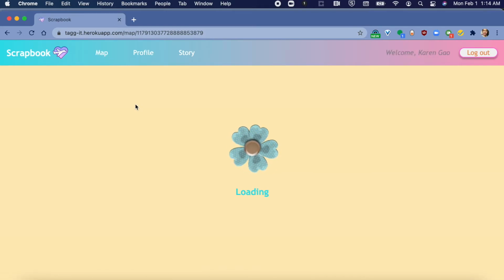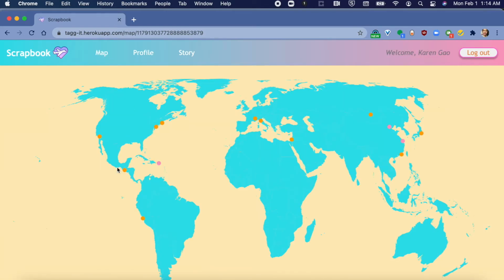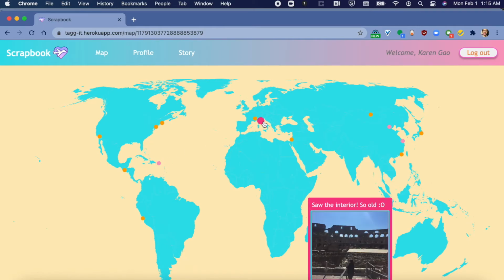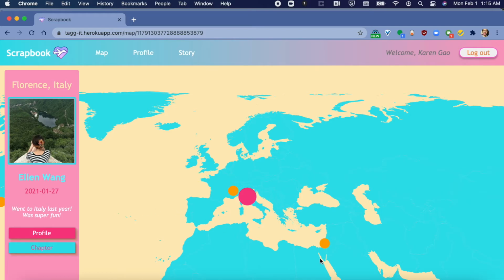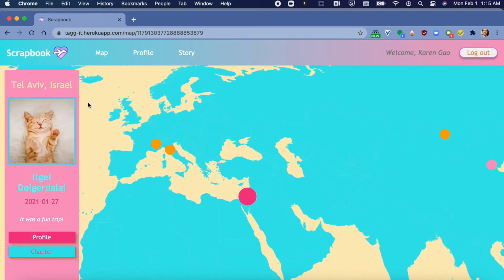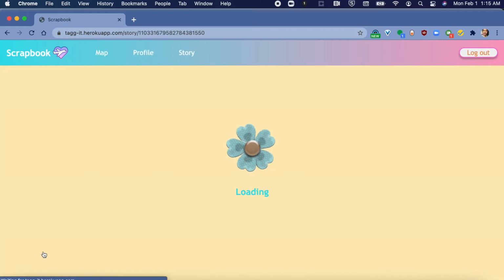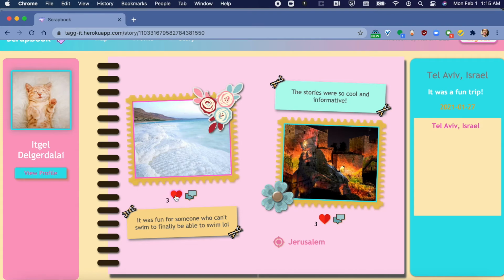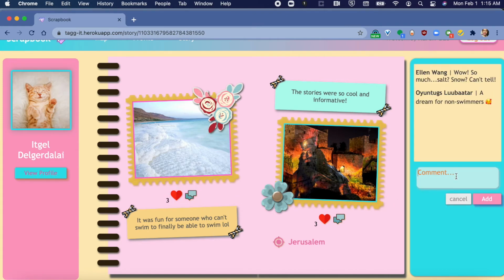And then we have a loading screen with animated CSS. I can hover and go to another profile if I wanted. This one's another story by Ellen. This is one by another friend. And here I go to her chapter and I can like her post. I can again comment, and